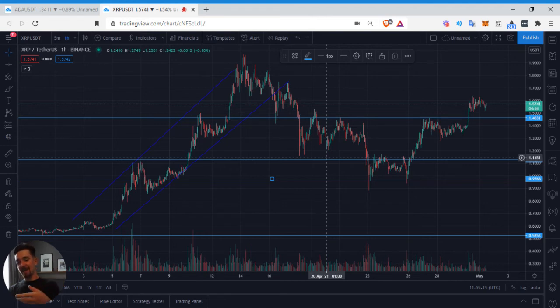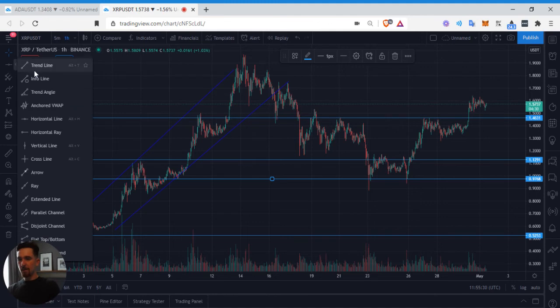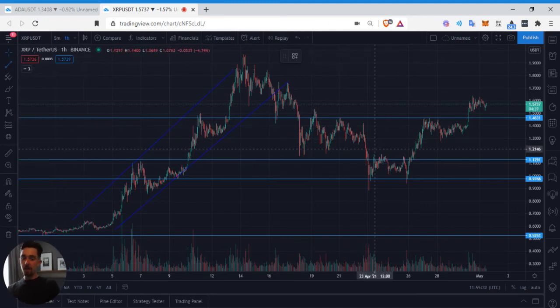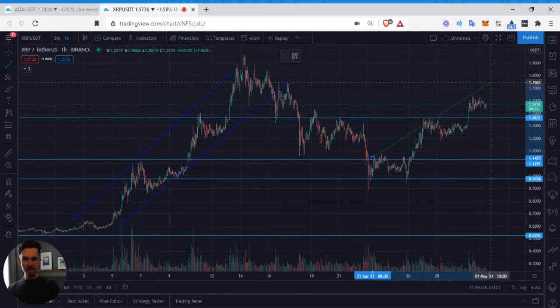Now, the project is using the idea of Occam's razor, but fundamentally, as a logical tool, Occam's razor tends to be that the simplest possible explanation is typically the right one. People overcomplicate things so much. So yeah, I'm not going to spend too much time here on the XRP charts, but I do think it will probably have a pretty interesting, pretty juicy month of July as far as price action.